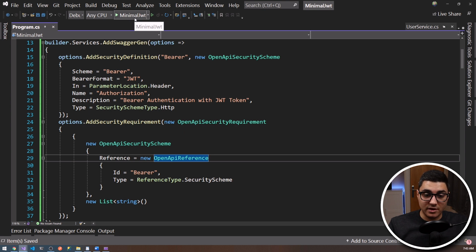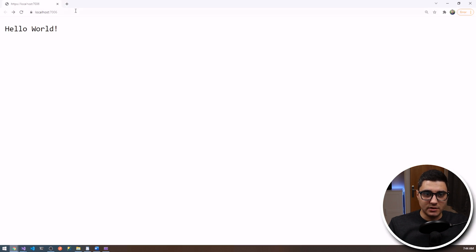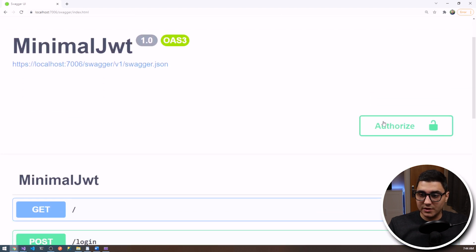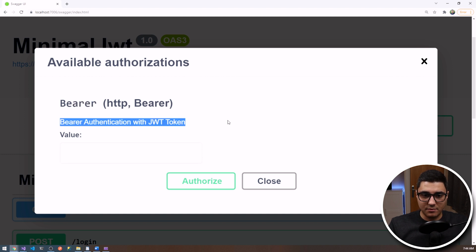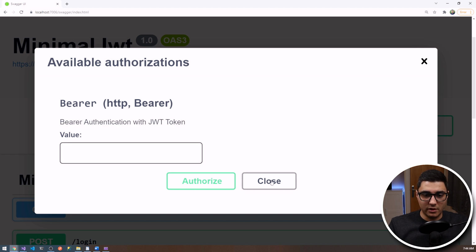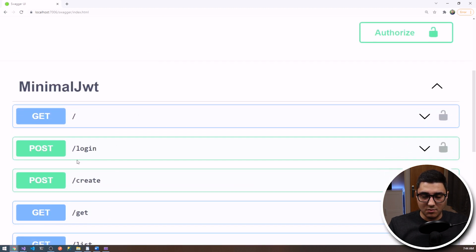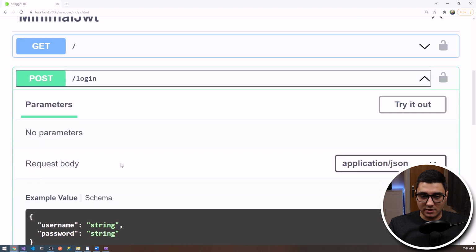If you haven't already typed everything out, just make sure that you pause the video and copy everything that's right here. Okay, so inside our application, let's do /swagger, and here you can see an authorize button, with a title of Bearer and Bearer Authentication, description of Bearer Authentication with JWT token. We haven't got a token defined yet,